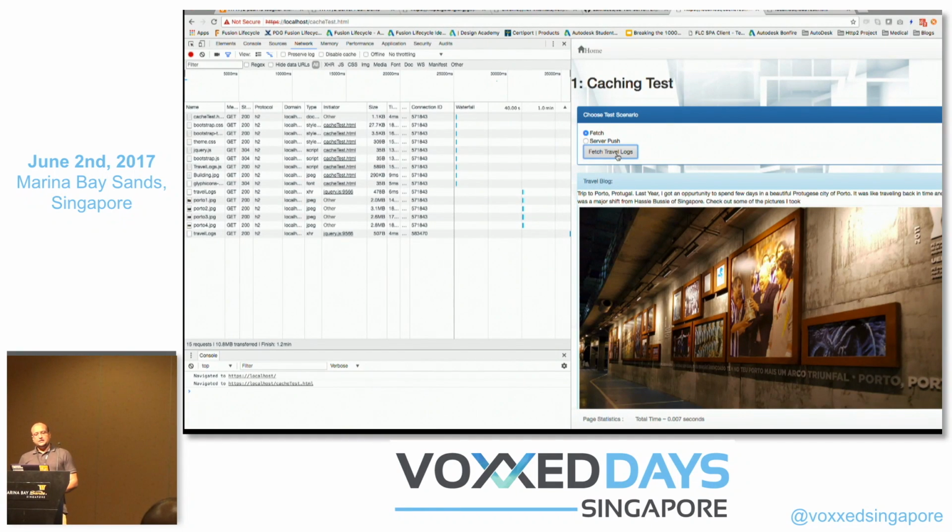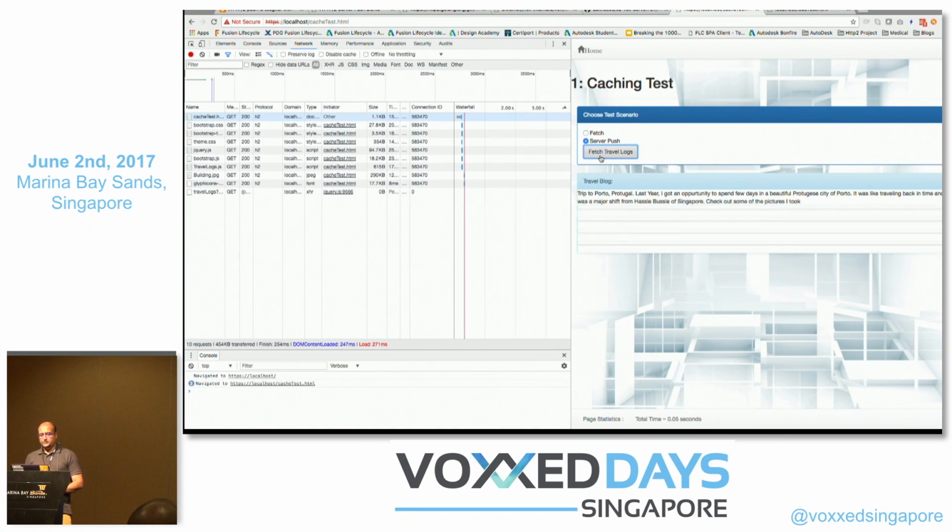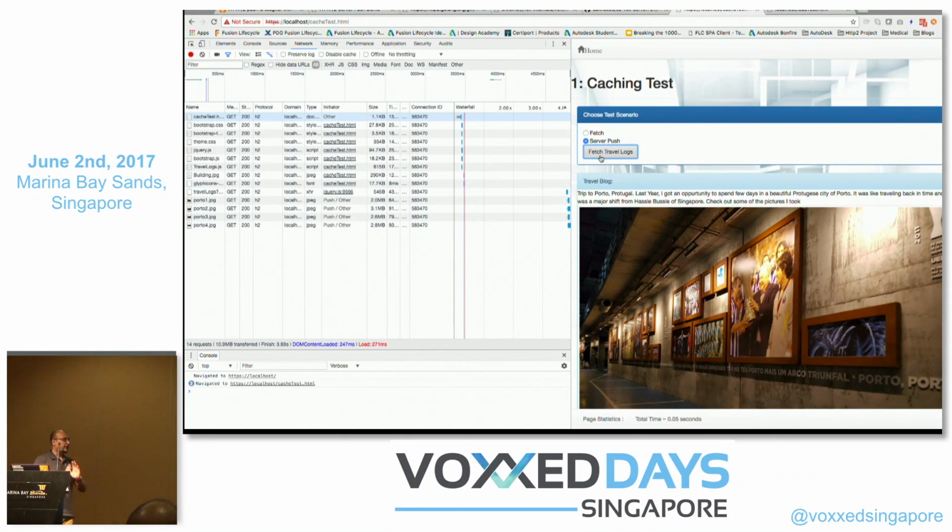This is where things can get sort of problematic with server push. Let's clear everything so that we start fresh. Alright, so server push. Great. First time it worked like a charm. That's how I expect it to work. It should give me the images as well, because I'm pushing them. But see what will happen the next time.